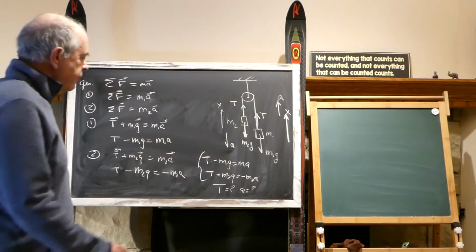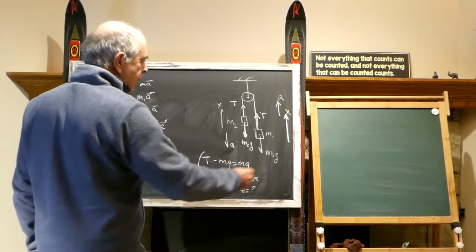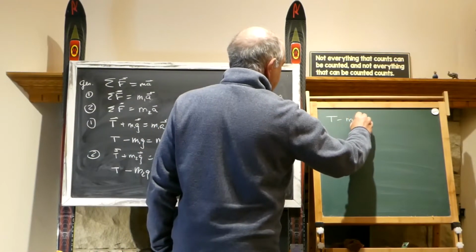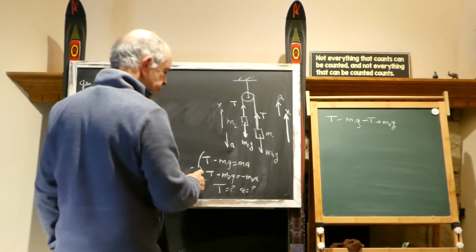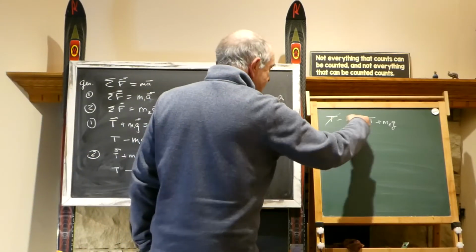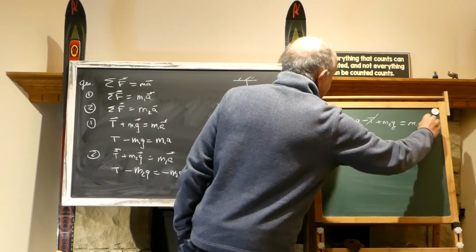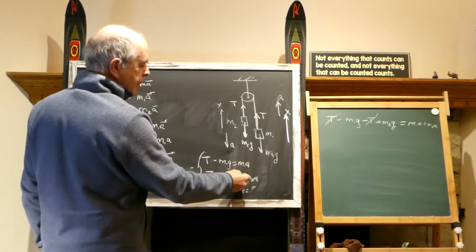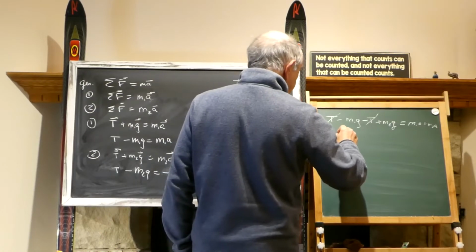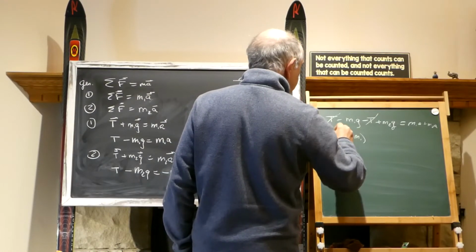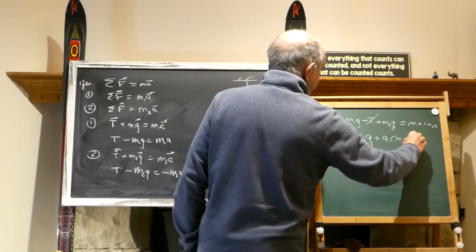And let's solve this. For example, let's subtract, because I want to get rid of t. That's the easiest way. Let's subtract this, so left minus right would become t minus m1g, and I am subtracting, so minus t plus m2g, right? I'm subtracting on purpose because t would be gone. And here, I have m1a plus m2a, because when I'm subtracting, minus minus is gone. So I subtract left side and I subtract right side, and there is no t. So I have m2 minus m1 g, I factor g out, equals, I factor a out, m1 plus m2,